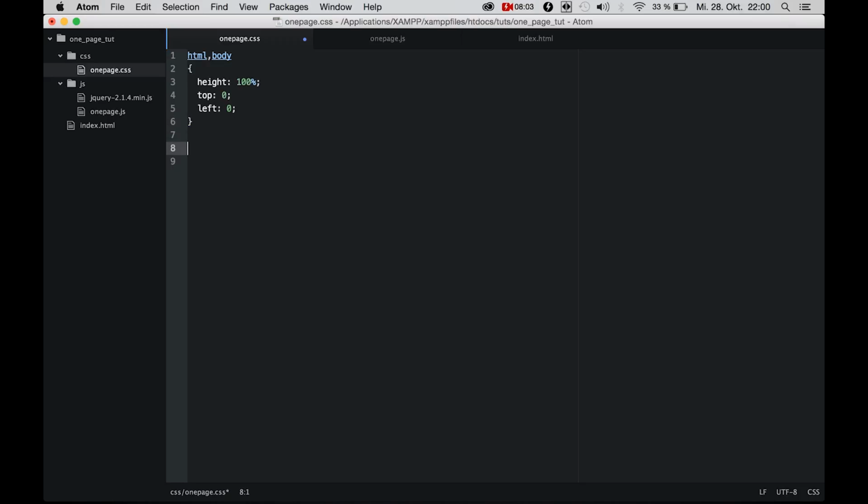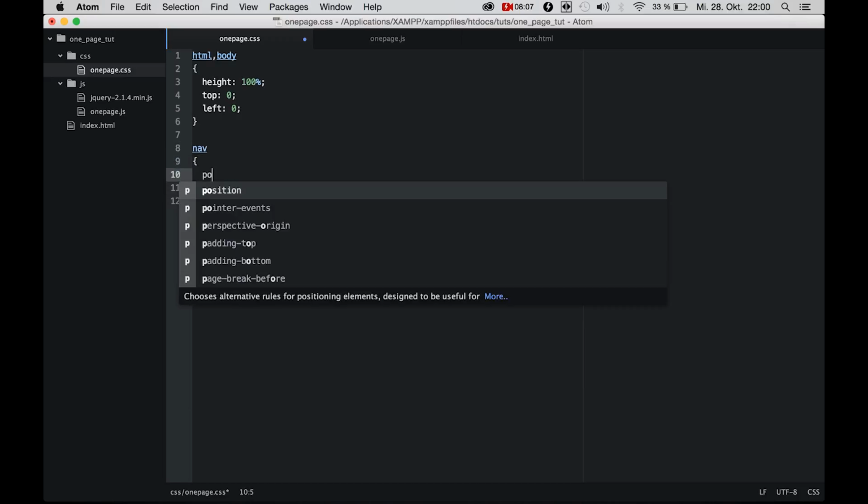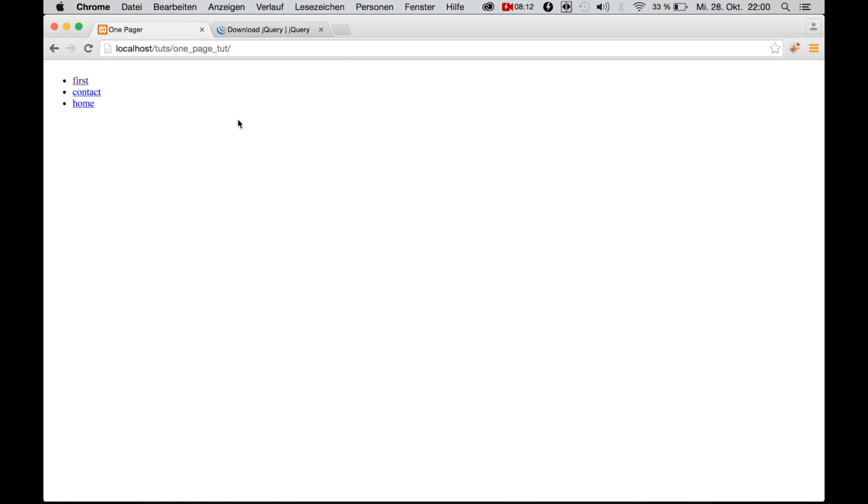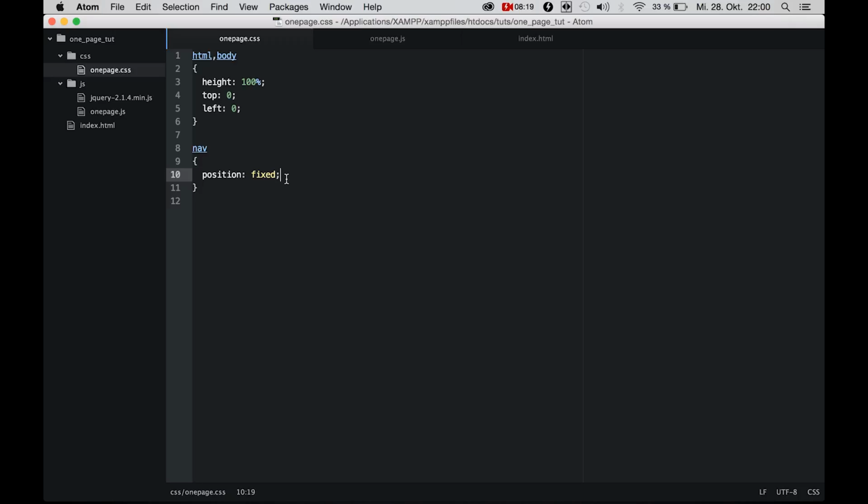So we give it the position fixed, so that it doesn't move. So if you reload this, it will always stay at the top. Okay. So now we also don't want it to have padding or margin or top offset and from left. So we set this to 0, 0,